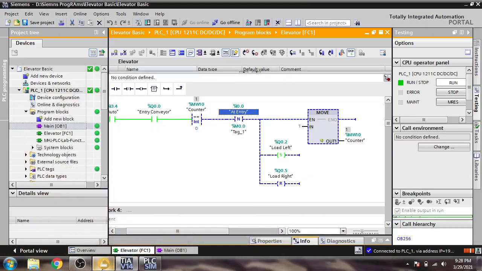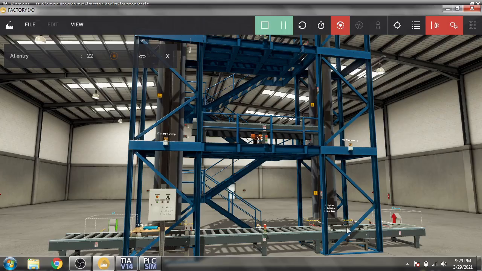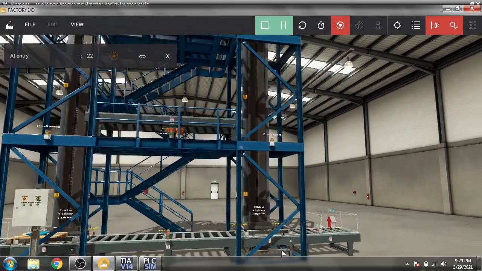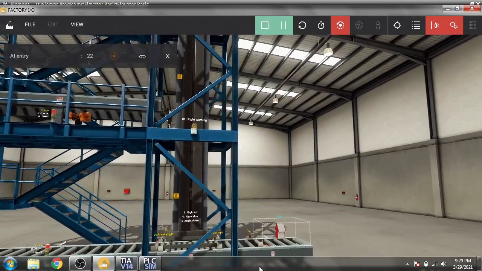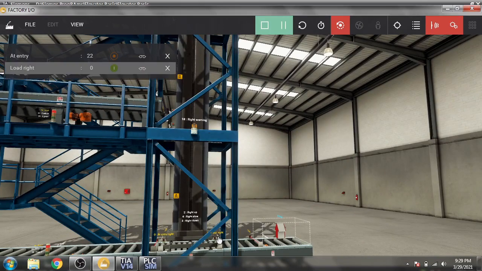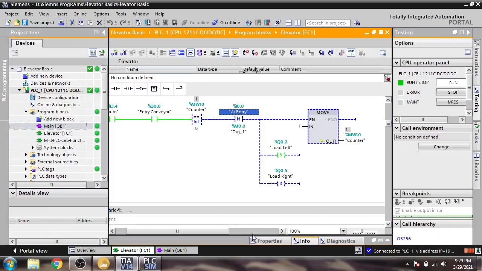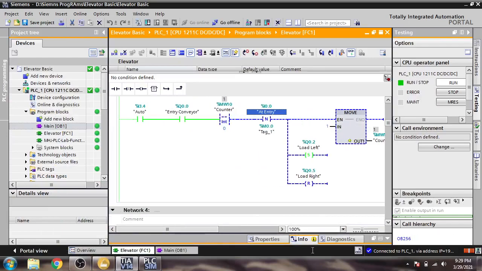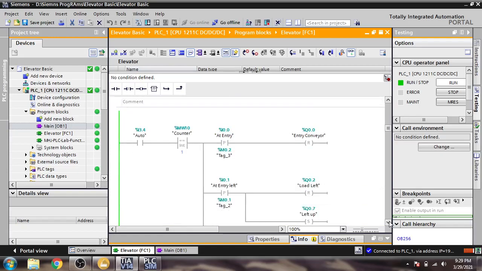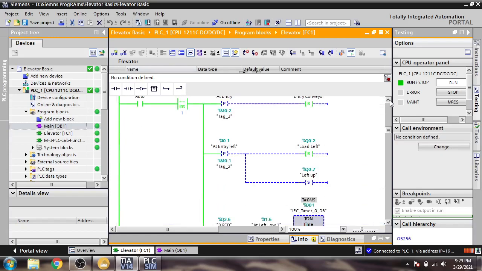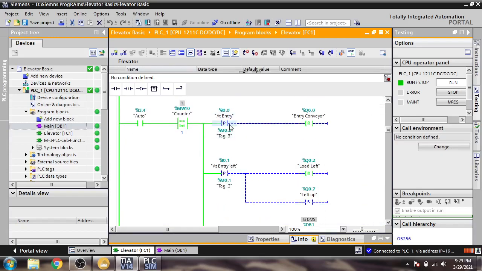So it will reset load, and load right means that one. Here is our load right. It will reset our load right, and then below, if the counter has the value of 1, at entry it will reset our entry conveyor.